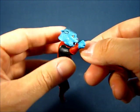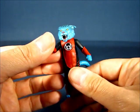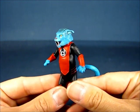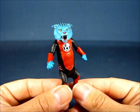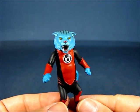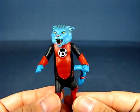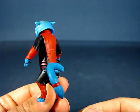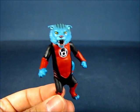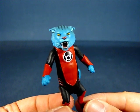Dex-Starr is a red lantern, and I believe from the description on the packaging, he was a house cat on Earth when a red power ring encountered his rage. And you can see Dex-Starr here, a blue feline. So I guess the power ring affected his color, or maybe the previous owner dyed the cat's hair. I'm not sure. You can see he's a very angry cat, and he's got